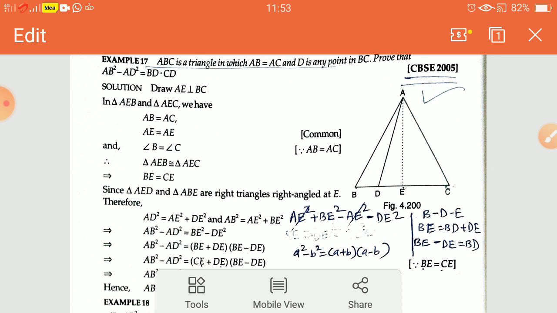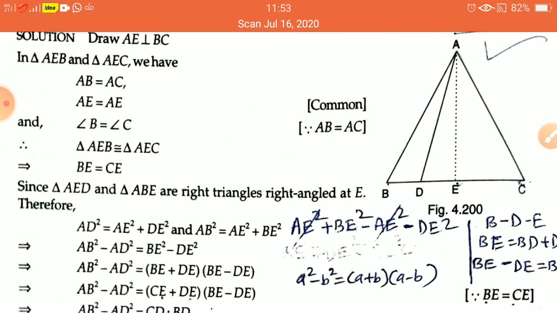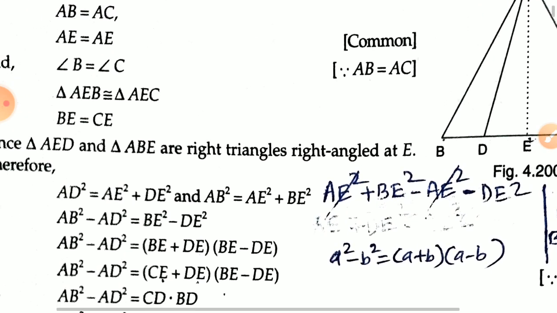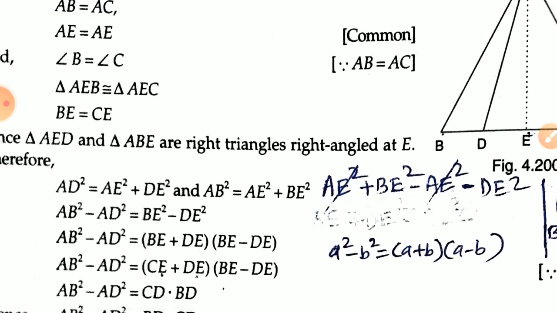Similarly in triangle ABE, AB is the hypotenuse, so AB square is equal to AE square plus BE square. Now subtracting equation 1 from equation 2 we get here